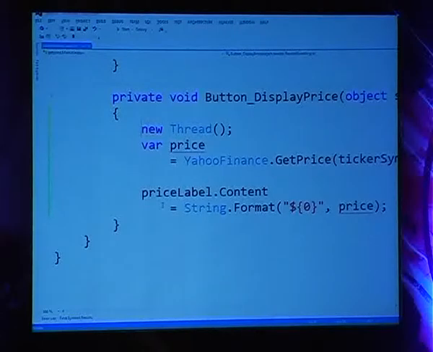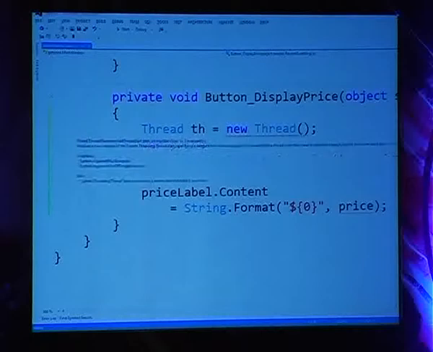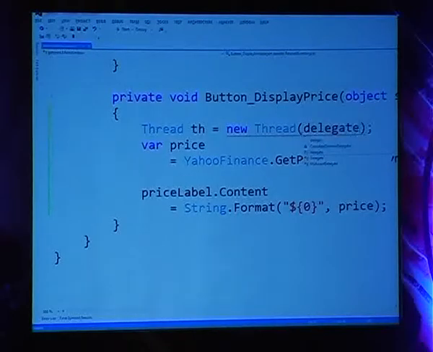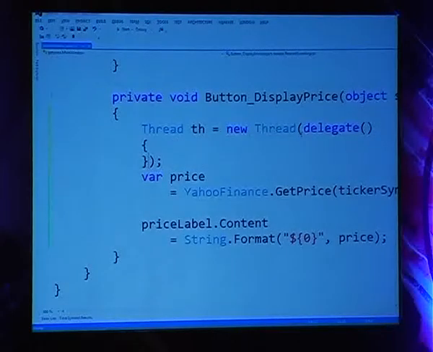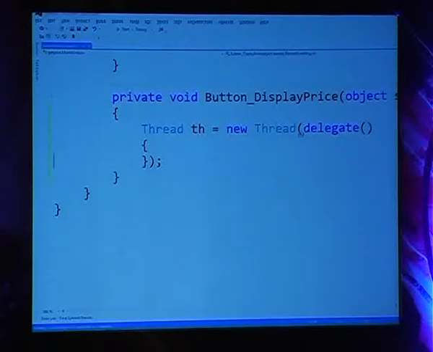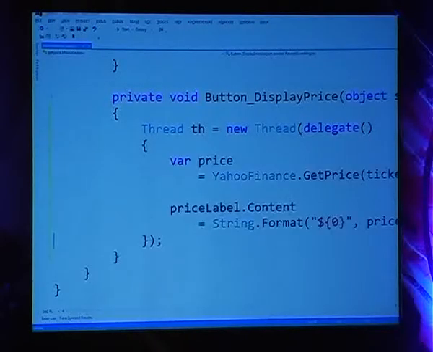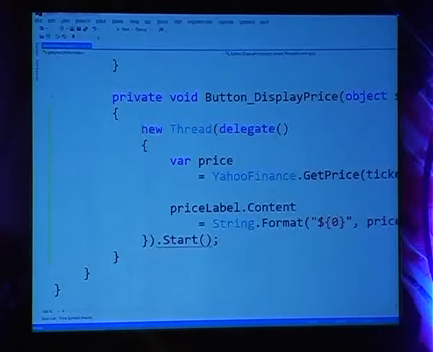So we can say thread. We can call this a thread I want to start, and then this is going to be the delegate I'm going to create. The delegate in this case is going to do the real work. So what does it do? It says, I'm going to go talk to this Yahoo object, and then I'm going to update this price for you. So I'm going to put that here within this. And of course, once I'm done with this, I'm simply going to start the thread itself. I don't really need to save this reference in this particular case. Well, this is really treading on dangerous ground at this point.